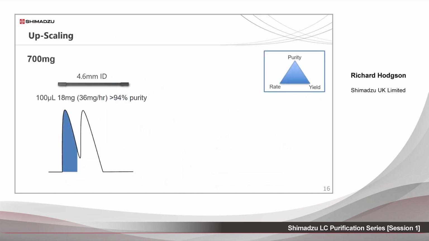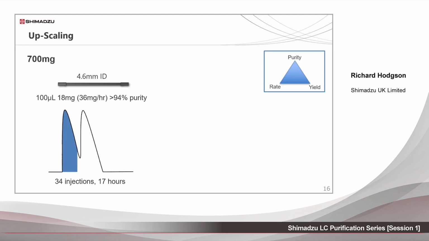If we were to carry out our LC purification on this analytical scale column, at this loading, we'd be looking at 34 injections and 17 hours to hit our 700 milligram target. We would have the purity we require and a yield which is good for a small column, but the rate is very poor. We should therefore scale up to a larger ID column, but one of the same length, phase,